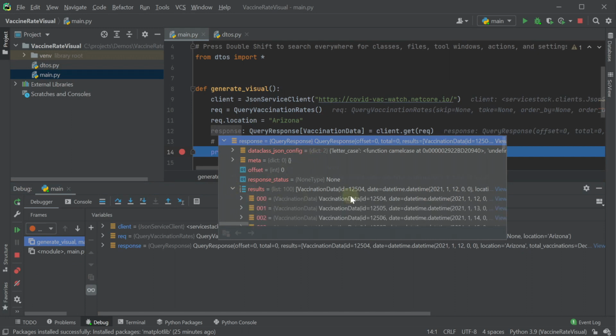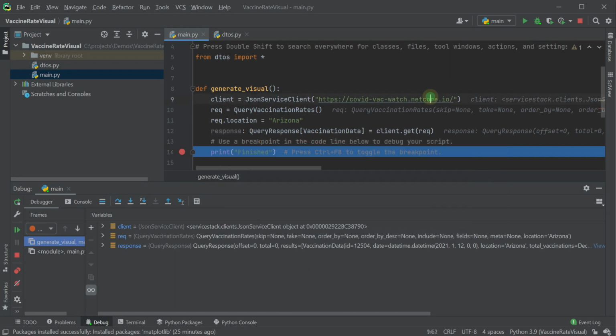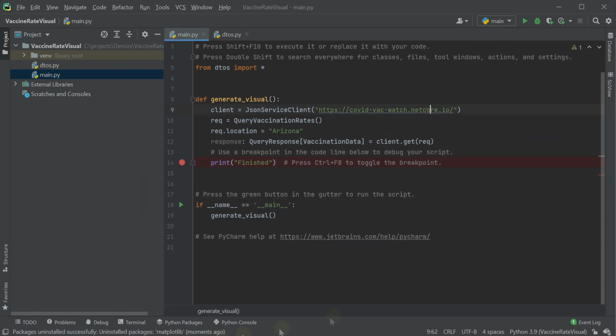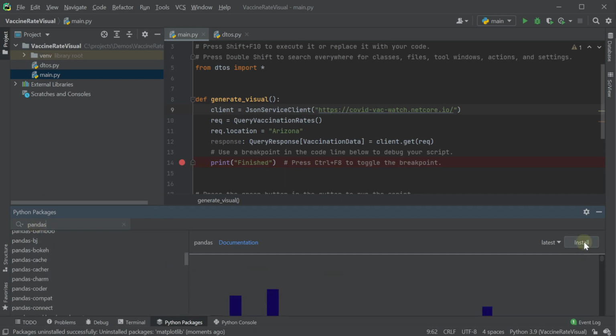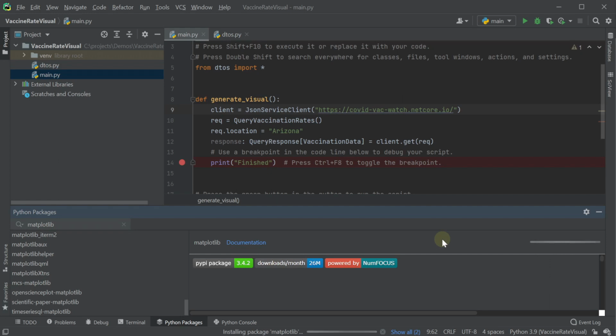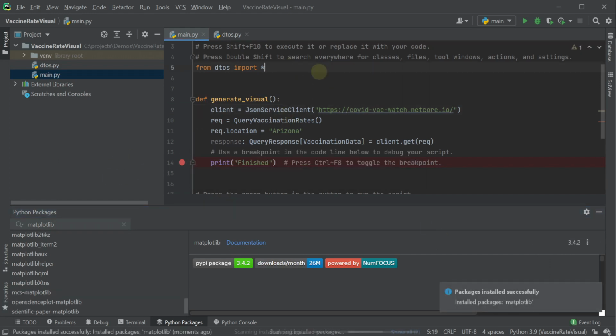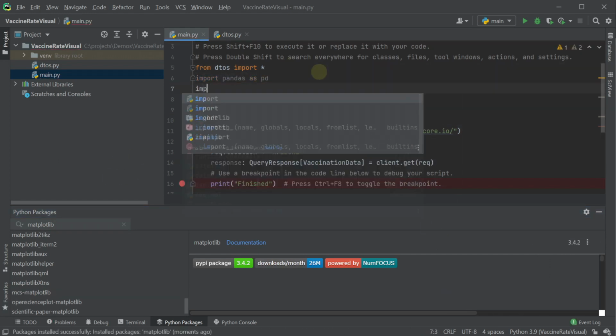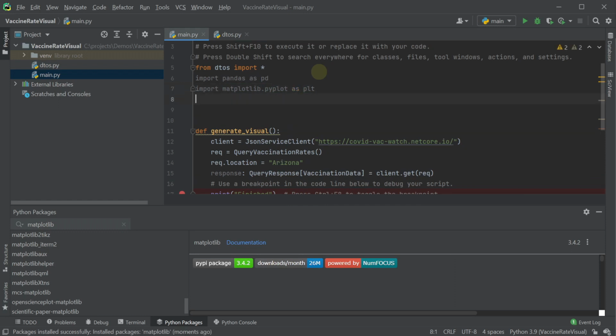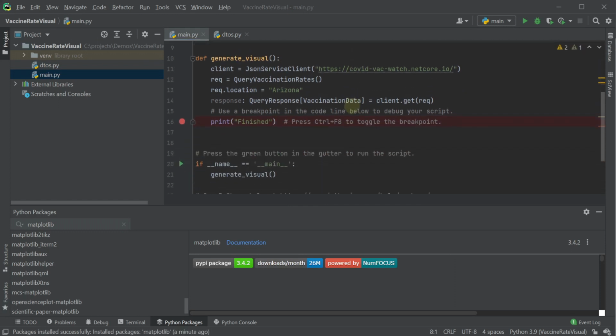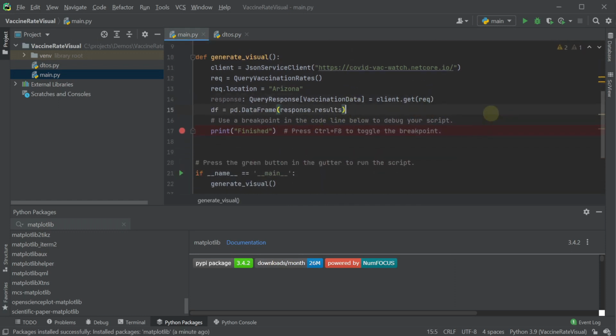Going back to our project and running it, we can see that we now have the data from the service, so let's move on to visualizing it. To do this, we'll want to get our data into a pandas data frame and then plot it using matplotlib. First, we'll need to install those two libraries into our environment. Then, using pandas, load our vaccination data results variable into a data frame and plot the date and daily vaccination